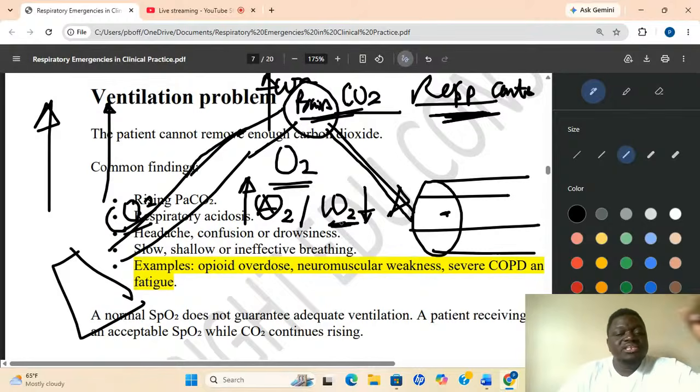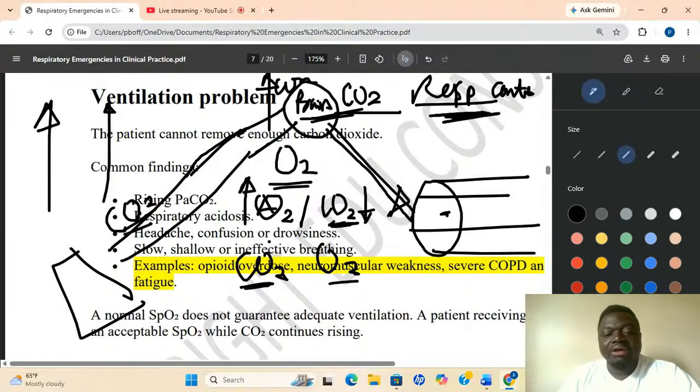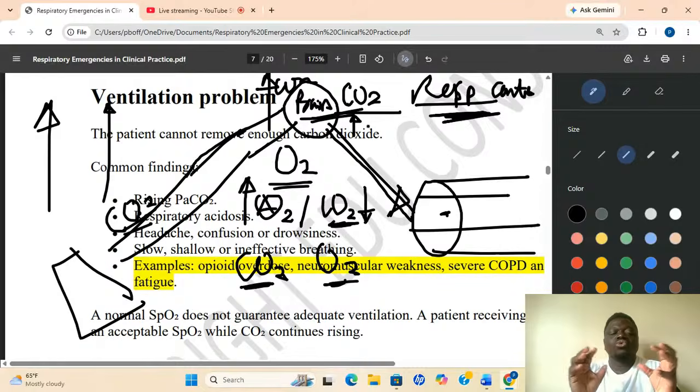But in COPD people, their CO2 is high, especially when they are sleeping, and their oxygen is low. So instead of the brain depending on the CO2 for them to breathe, the brain will now depend on what? The oxygen for them to breathe. And it will tell the lungs, hey, you don't have to breathe so fast. Take it slow, take it slow, take it slow.